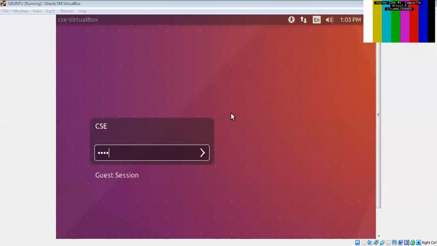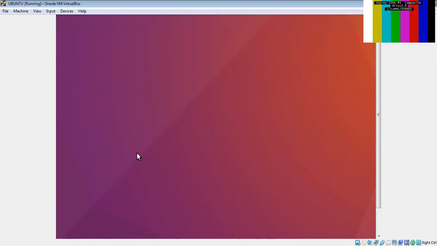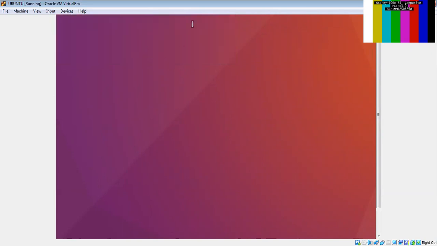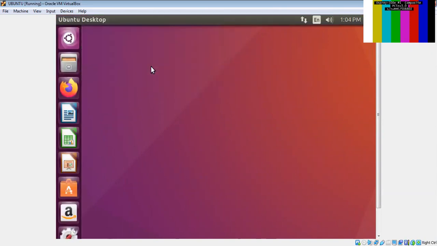Welcome back, friends. Now we'll log into Ubuntu by pressing the password. We'll go to terminal.